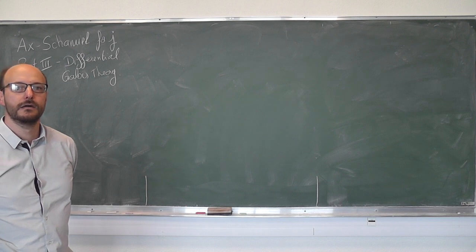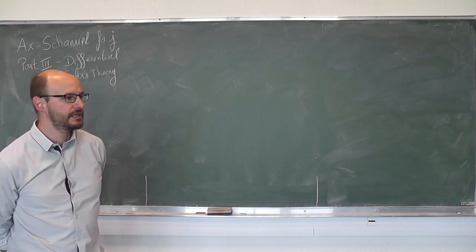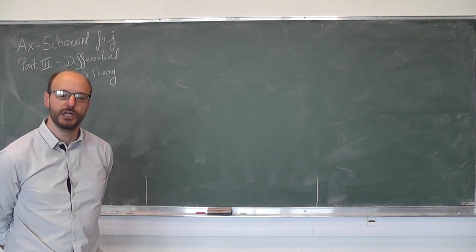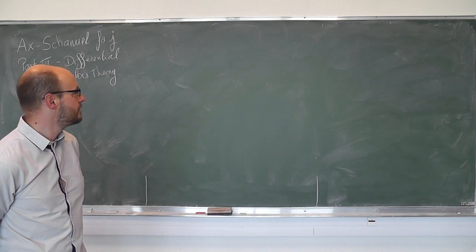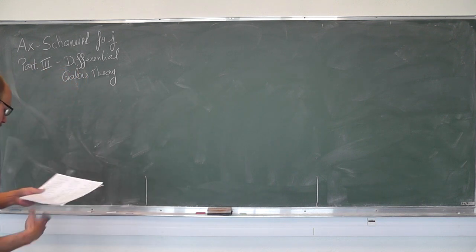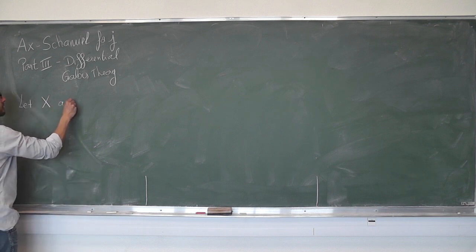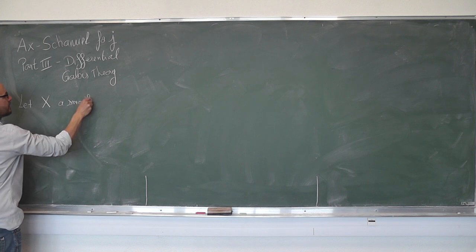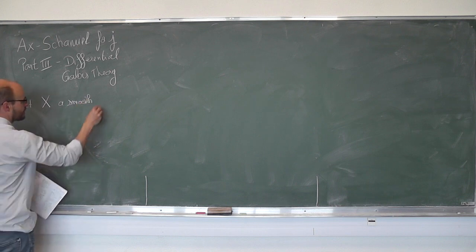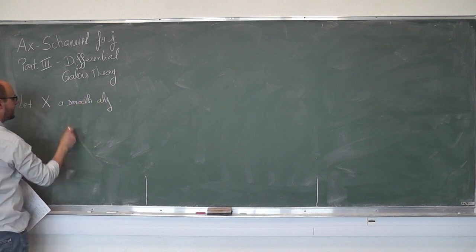And I will just give the few statements we will use to prove our main theorem. So let's start with X that will be a smooth algebraic variety